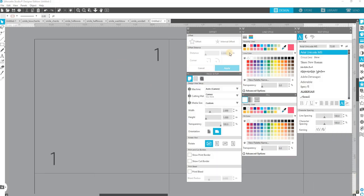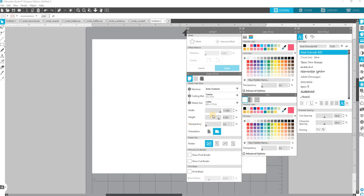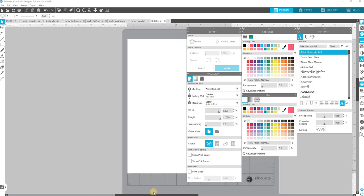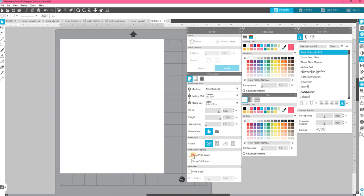Okay. Let me just change this. Okay. So the media mat is gone. That's why it looks weird. And the transparency is set to 100. So I'm going to put that back the right way. Put the orientation the right way. Show a print border and a cut border. And then I'm going to hit paste in front. And then I can start